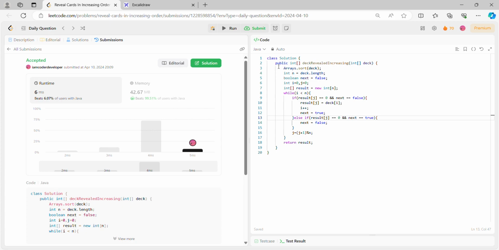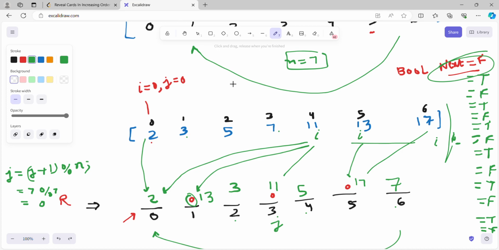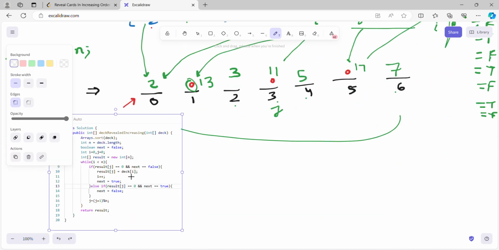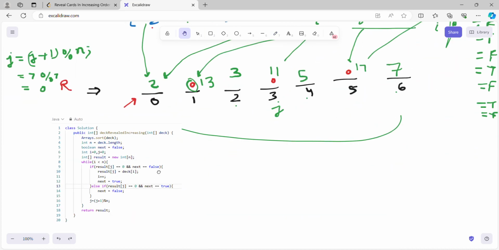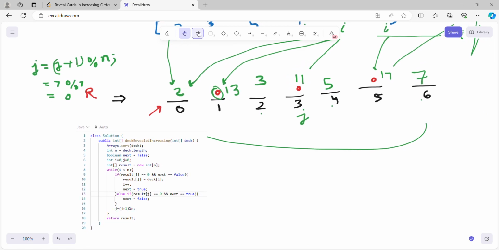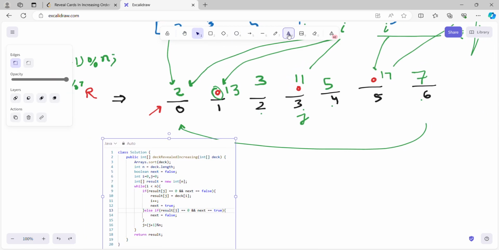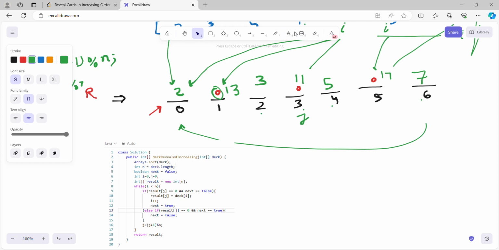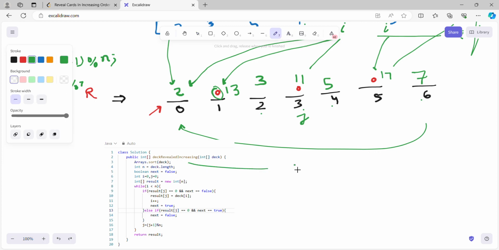Now let's understand what is going to be my time complexity. Okay, so here one thing is clear. First of all I am sorting my array. So one thing is clear, then my time complexity, because of this sort, it is going to be of n log